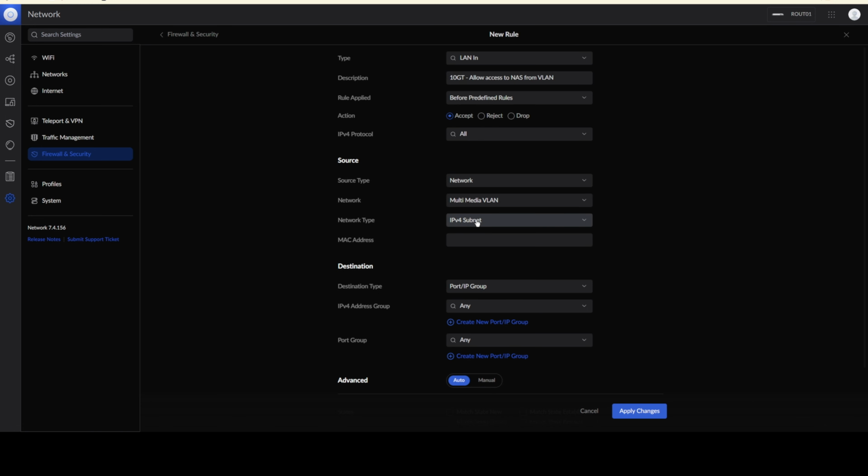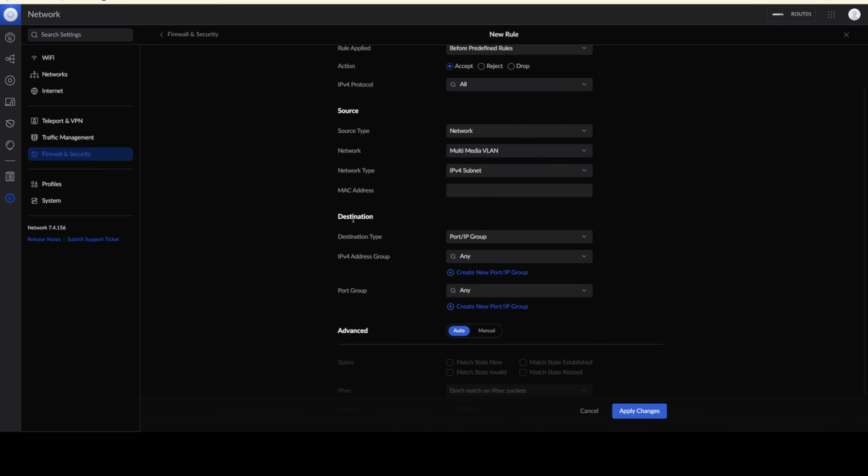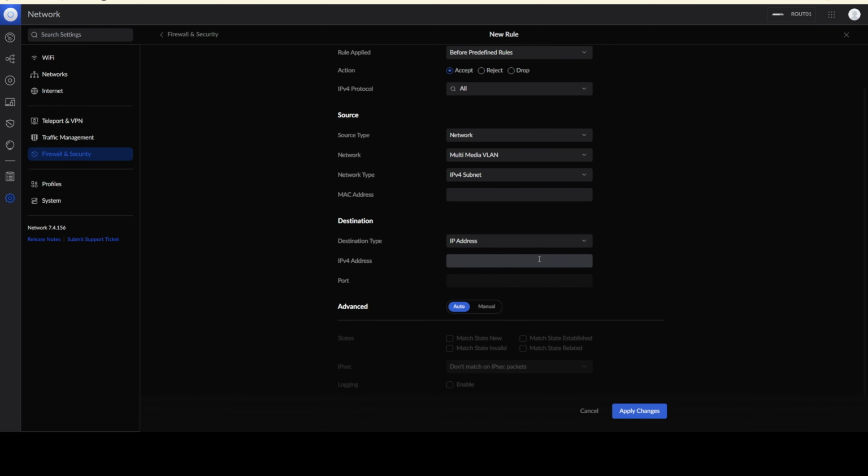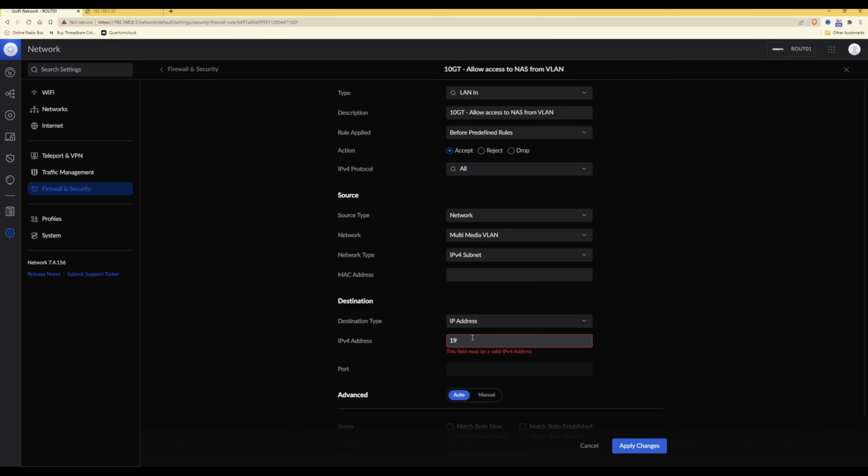So under the network type we need to select IPv4 subnet, and then for destination, under destination type we need to select IP address. So under the IPv4 address section you need to enter